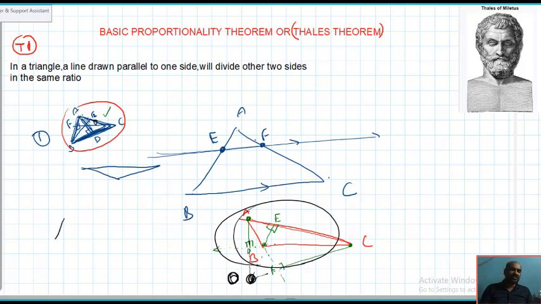Another thing is that two triangles with the same base and between the same parallels have equal areas. These theorems were already completed in 9th standard. Take triangle ABC and triangle PBC with the same base BC and between the same parallel lines. Their areas are equal, because the base is the same and the heights will be the same, since the distance between two parallels is always the same. Only the base is common, that's why their areas are the same. In other words, triangles with the same base between the same parallel lines have equal areas.